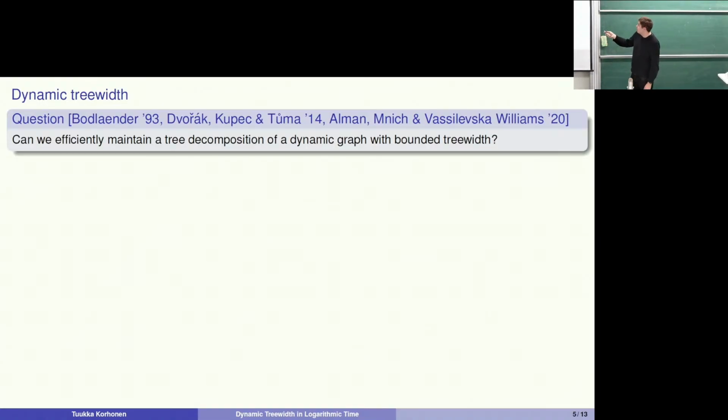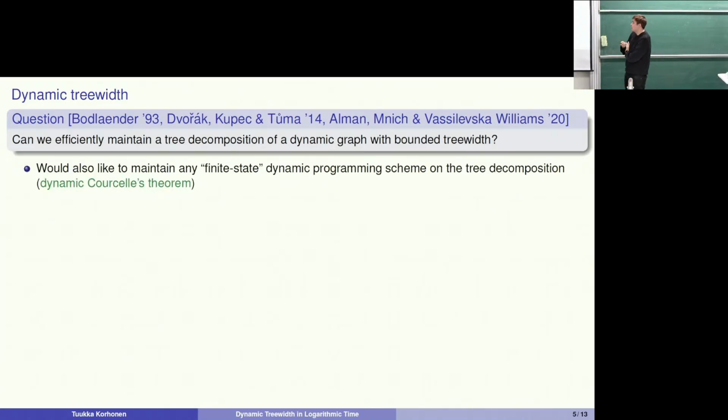Can we do that in the dynamic setting? It was asked by Bodlaender already in the 90s, and then by Dvořák, Kupec and Tůma, and also Alman, Mnich, and Vassilevska Williams. And what we would also like to do is maintain